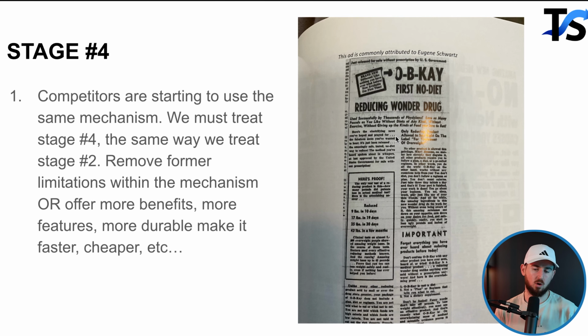Now, next we're going to stage 4. So stage 1, you're the first ever to the marketplace. Stage 2, you're the second to the marketplace, but you're selling the same product or service. So you just basically exaggerate. Now, stage 3, you're introducing a new way. All right. So either highlighting something new in your product or introducing a new product to the marketplace, one of those two things, and you're introducing a new way to give people what they want.